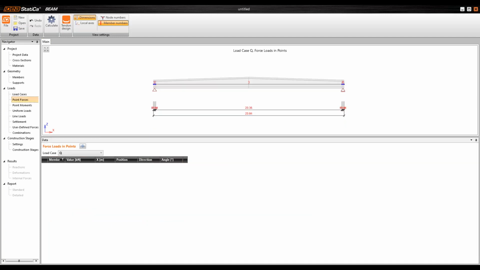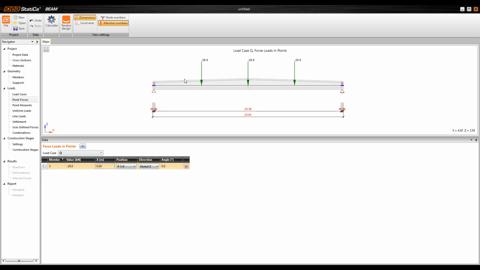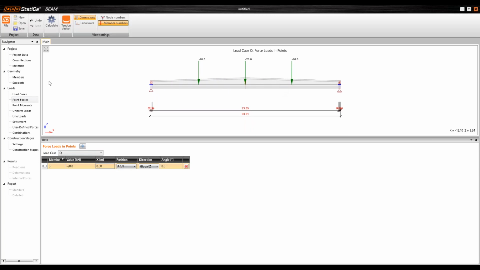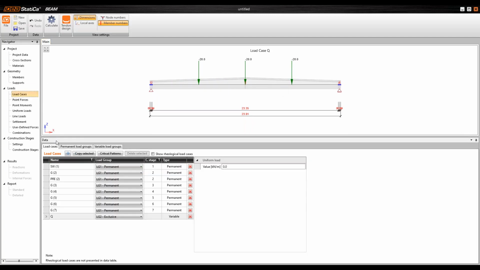Okay, go to the point forces, create new point forces. I will change the member, number 3, 20 kilonewton. It's a point force, and the redistribution will be in the same way as for the permanent, in this way. So okay, we have loads from the point of view of the self weight, some permanent, some variable loads, and now what is missing is